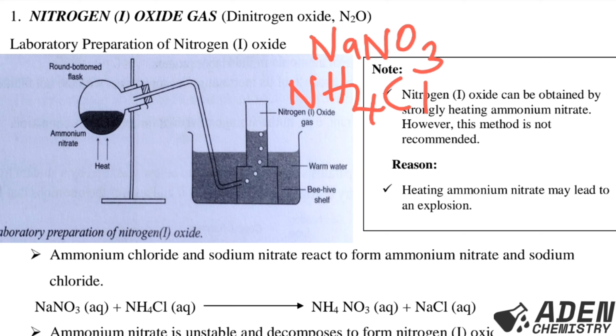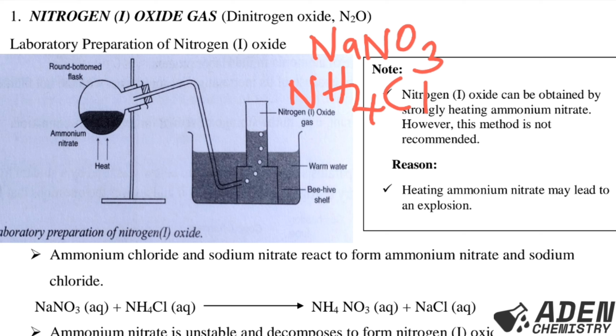Next, we have to know how the nitrogen 1 oxide formed is collected. It is collected by a method called the warm water method. We are collecting nitrogen 1 oxide gas over warm water. The reason why nitrogen 1 oxide gas is collected over warm water is that it is soluble in cold water. So if it is soluble in cold water, we cannot collect it over cold water. Instead, we are going to collect it over warm water, because nitrogen 1 oxide is insoluble in warm